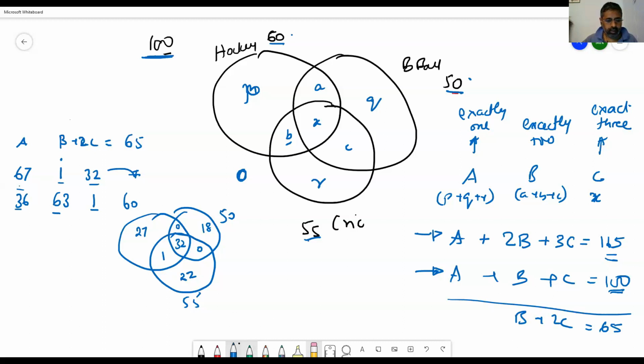Now let's try drawing the other one. The other one is where you have 1 here. Then you have 63 here, right? And then 36 outside. So 63 is going to be, how do you draw that now? 1. So you'll have to draw 50, 60, and this is 55. So how do you get these values here? 63, isn't it? We'll take, I'm just taking 21 each. Just randomly, I'm taking 21 each to find, maybe it will work out.